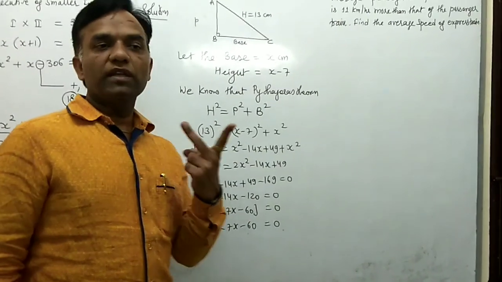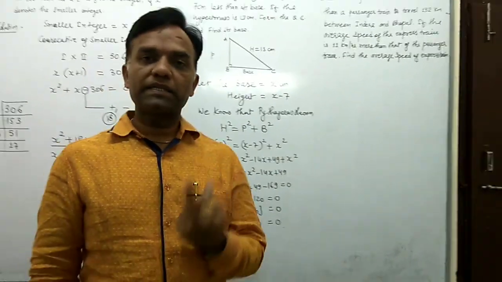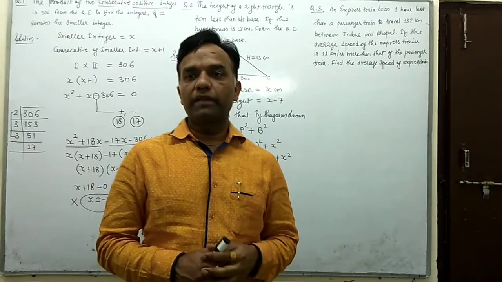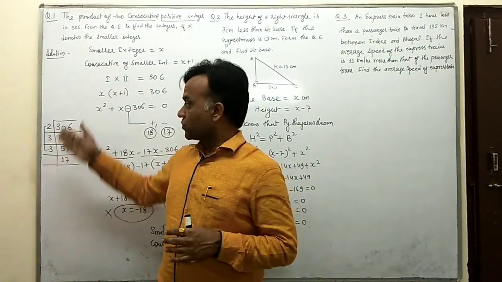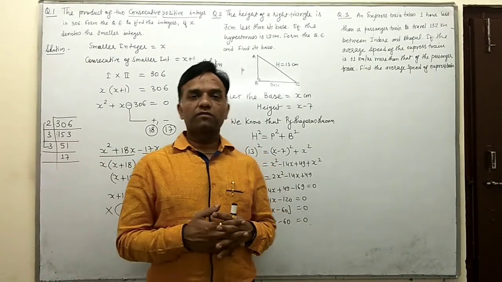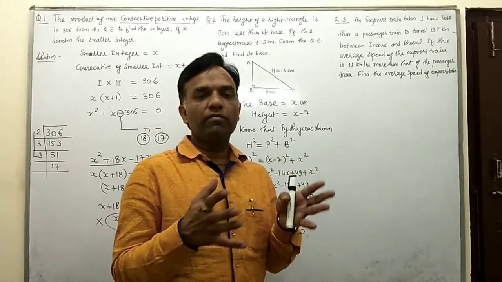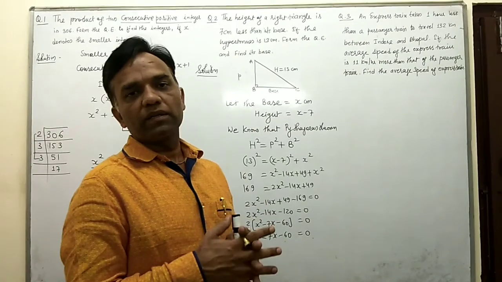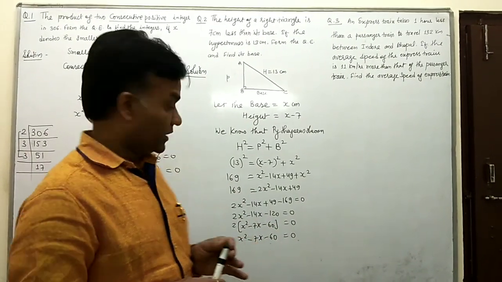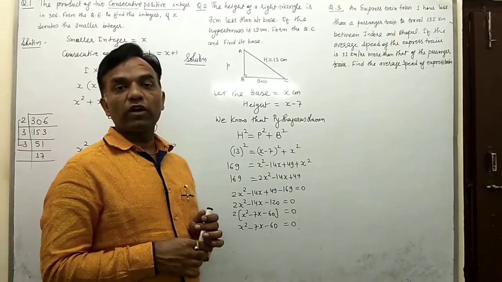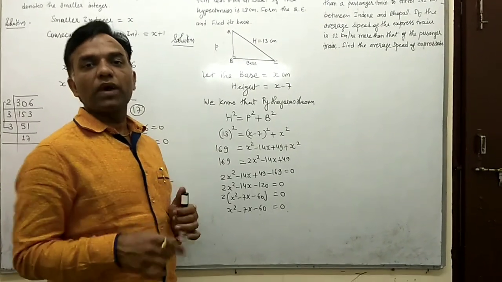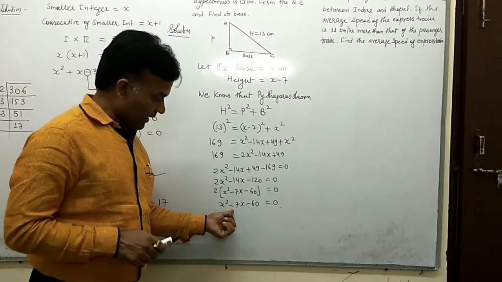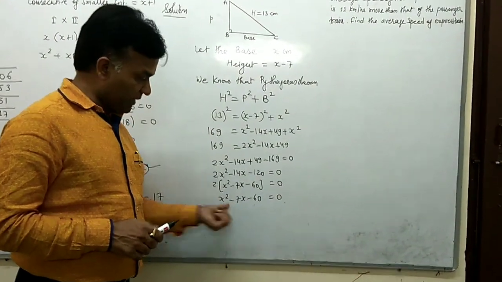Okay, so first you think there are two numbers, their product is 60 and their difference is 7. Suppose you don't know directly anything about that, so first you find the prime factors, and then you think about two numbers, their product is 60 and their difference is 7. So now here comes the idea: 12 and 5, because 12 into 5 is 60 and 12 minus 5 is 7. But the bigger number is negative because you got the middle term as negative.